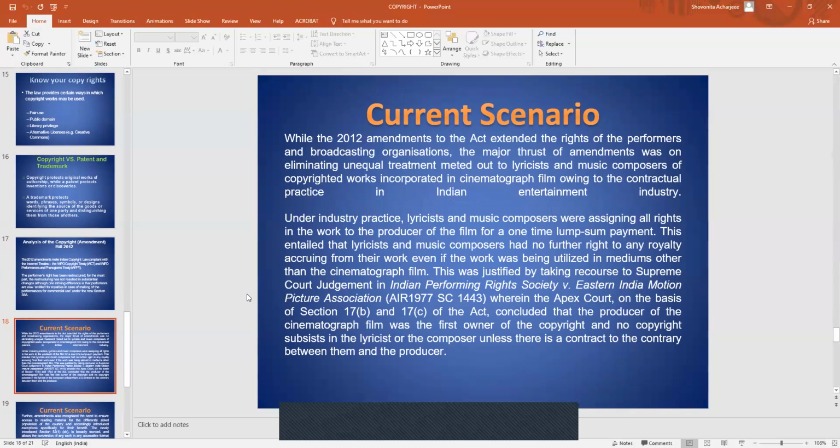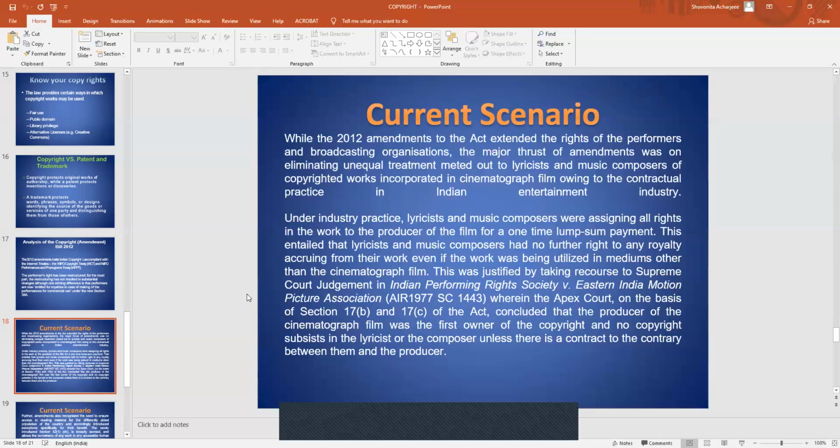Further, in the case of Indian Performing Rights Society versus Indian Motion Picture Association, the apex court concluded that the producer of the cinematographic film was the first owner of the copyright, and no copyright subsists in the lyricist or the composer unless there is a contract to the contrary between them and the producer. This was the initial case, decided in 1977. This 1977 decision was